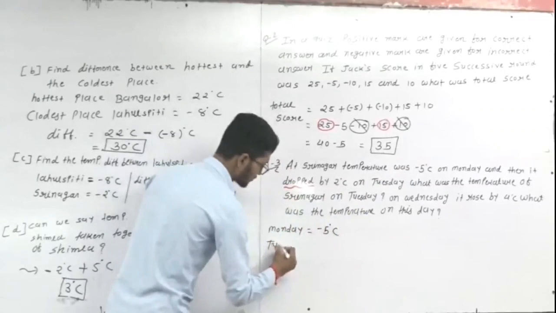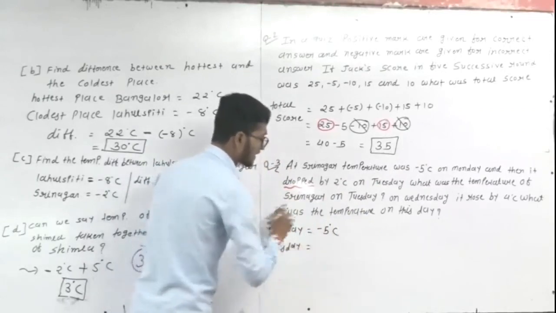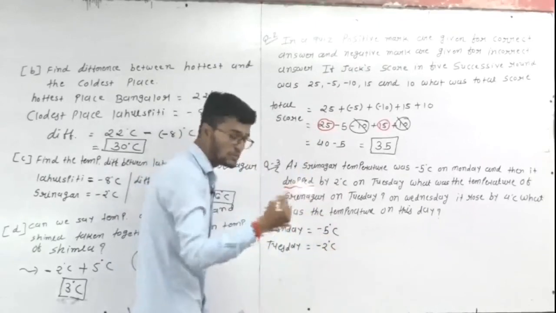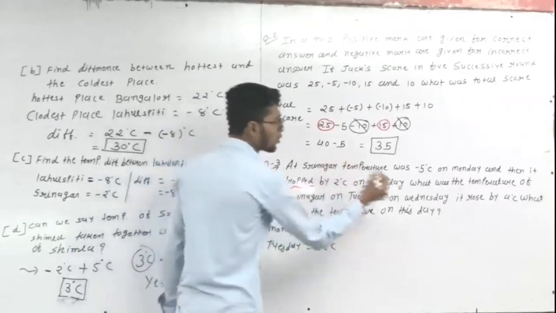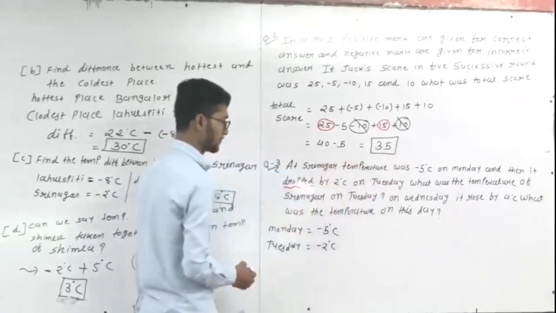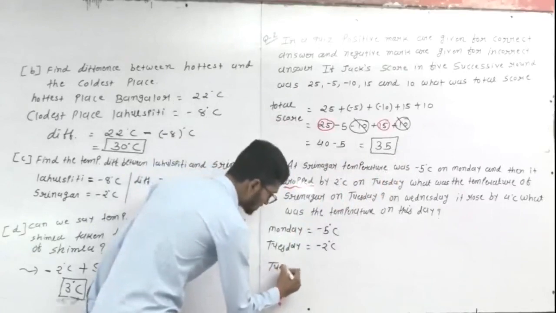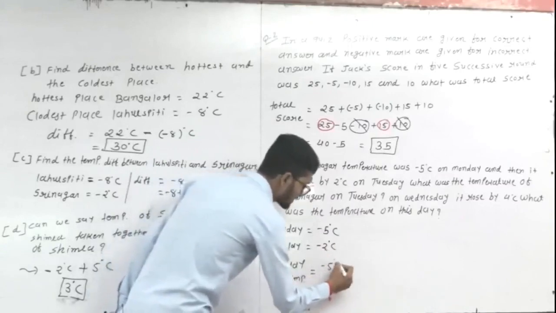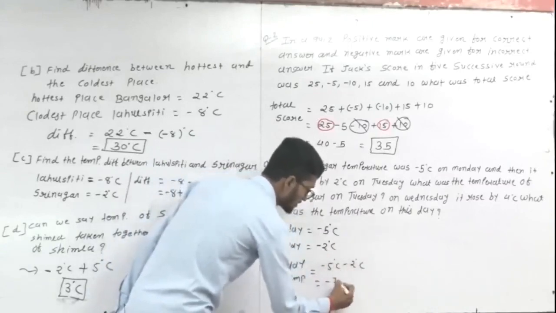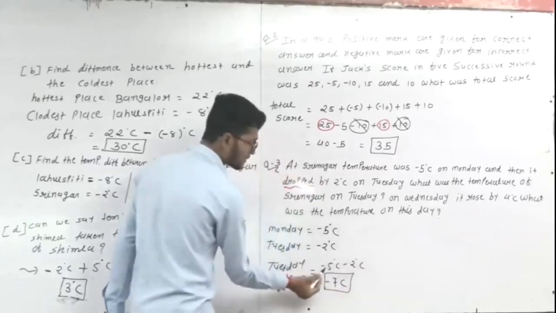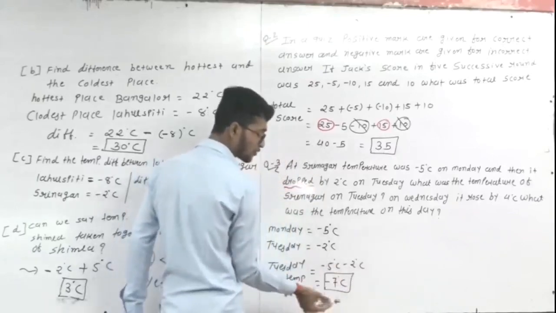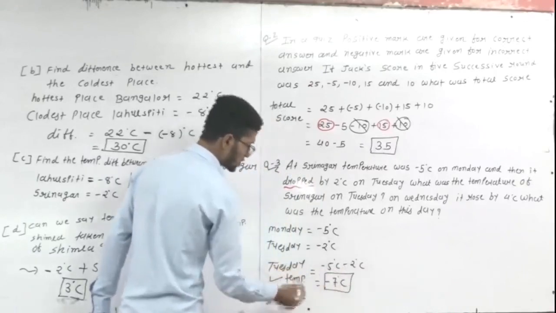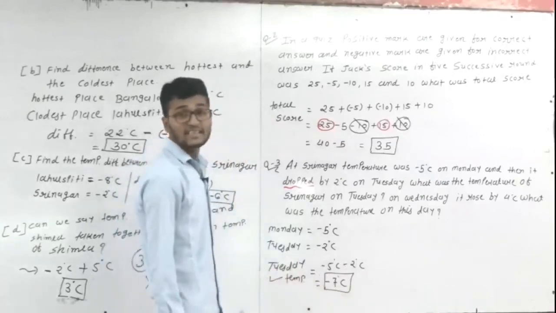And then the temperature of Tuesday falls. How many? 2 degrees Celsius. But this one is minus. Drop means come down, means minus. It means minus 2 degrees Celsius. So what is the temperature of Srinagar on Tuesday? The Tuesday temperature is the final one for that day. Tuesday temperature: minus 5 degrees Celsius and minus 2 degrees Celsius. So the total is 7 degrees Celsius but minus. Why? Because this one is negative and negative. Negative plus negative: 5 and 2 make 7, and the bigger number's sign is minus. So the Tuesday temperature is minus 7 degrees Celsius.